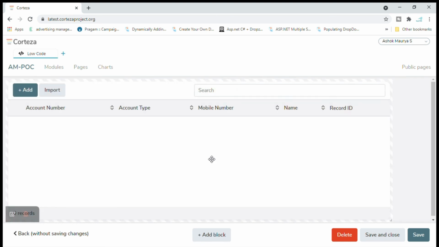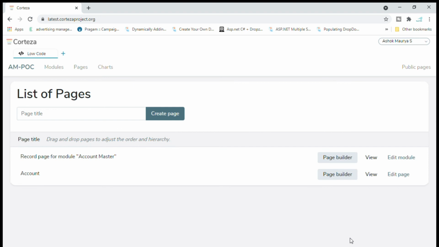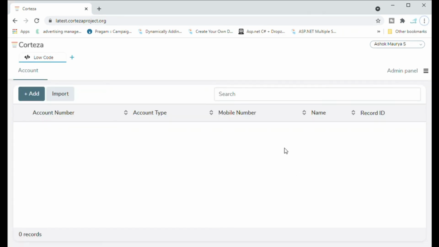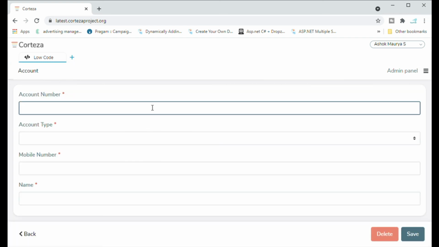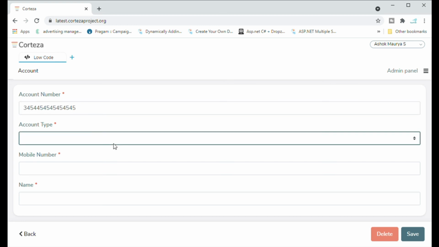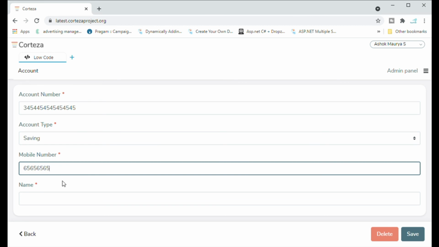Now next we are going to see how the page looks. When we click on the view page, you will see the option. Now you can see clearly after viewing the page, the menu account on the top left side, and you have the search option and the grid view. I'm going to add one record here so we'll get more idea on that. When you click on the add button, you will navigate to the page called add the record. So I'm adding a record here.